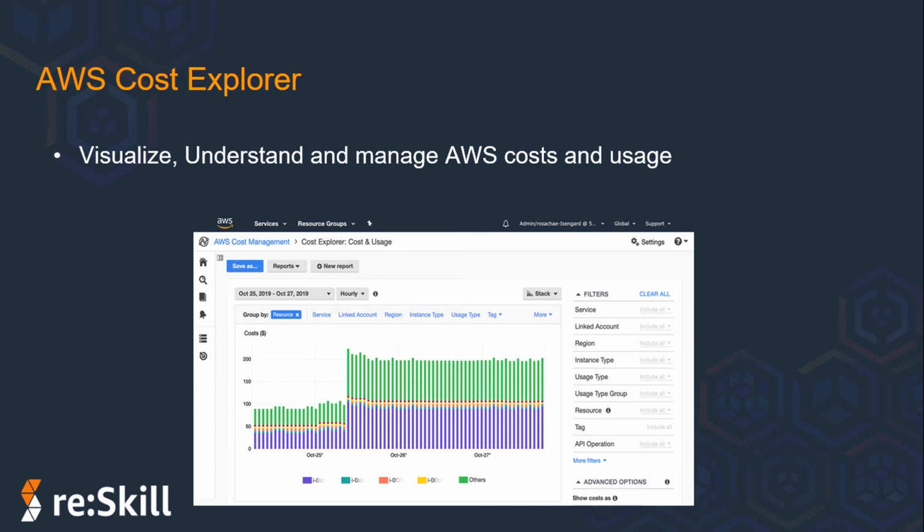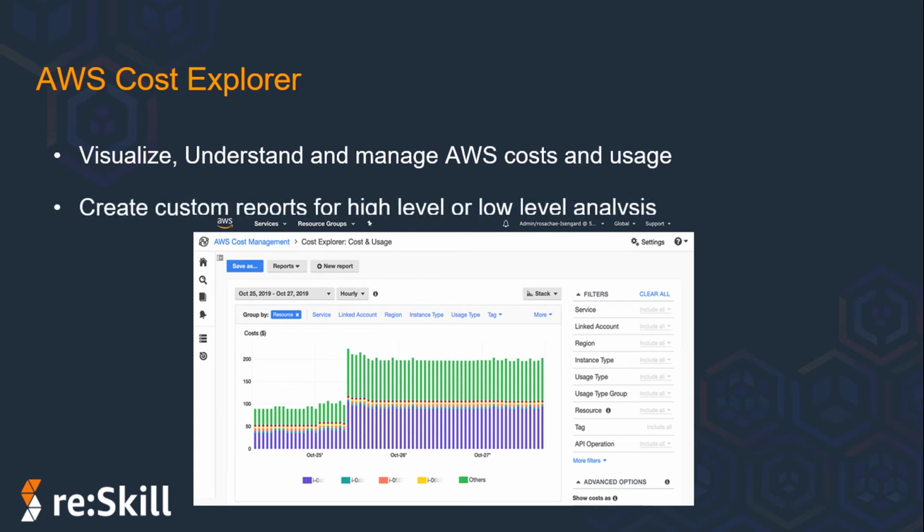In addition, you can also see a forecast of the future cost based on your historical cost data. You can change the duration from here, and you can view the past 13 months of data and the upcoming 3 months forecast of the charges. The past 13 months of usage and the coming 3 months of charges can be forecasted here.